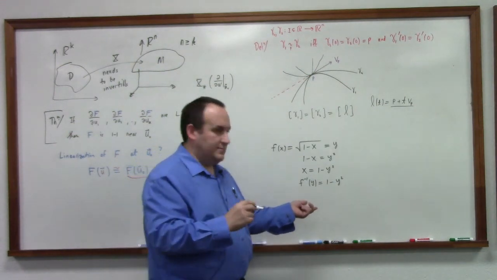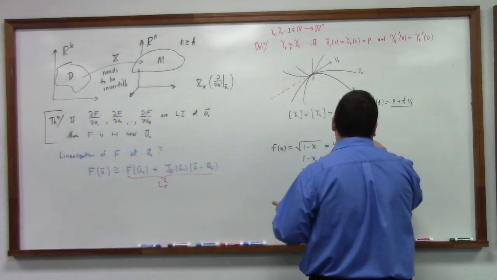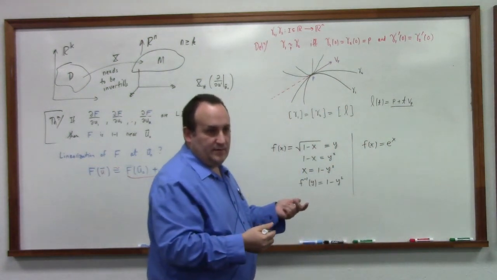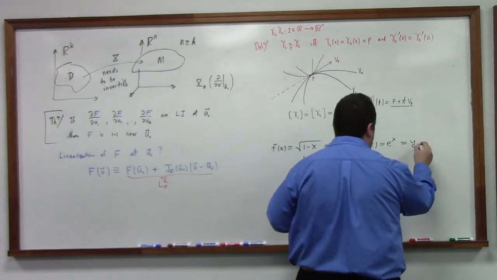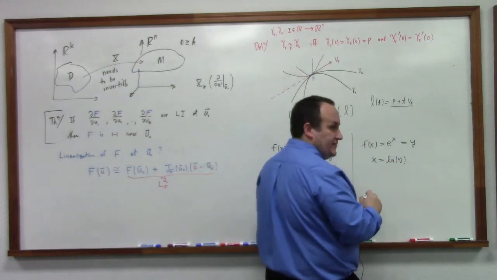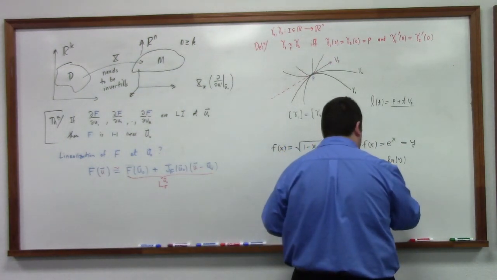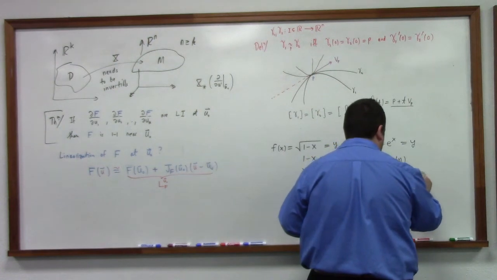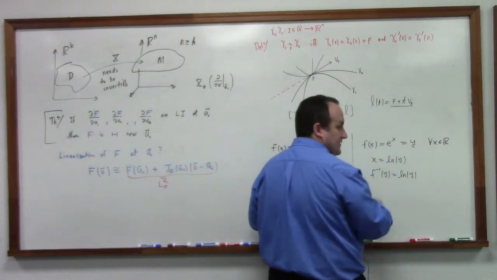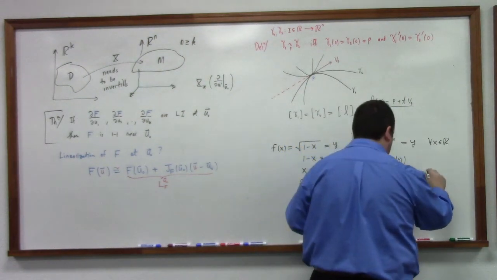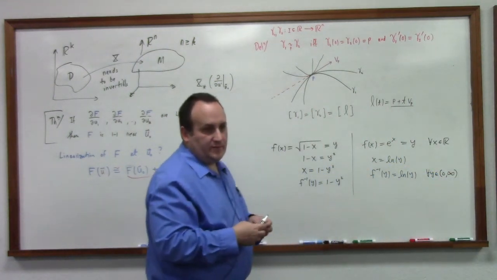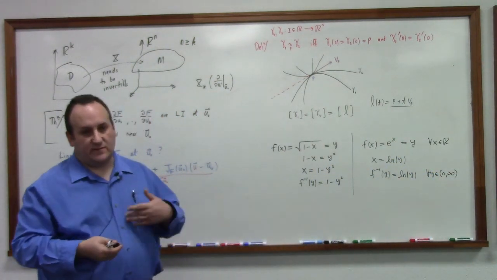This is more apparent if you do something like, say, f of x equal to e to the x. That's good for any real x, right? Set that equal to y. Solve for x. Natural log of y. F inverse of y equals log of y. This is good for all x in the reals, right? This is not for all y. This is only for positive y, because the range of the function is the domain of the inverse function,